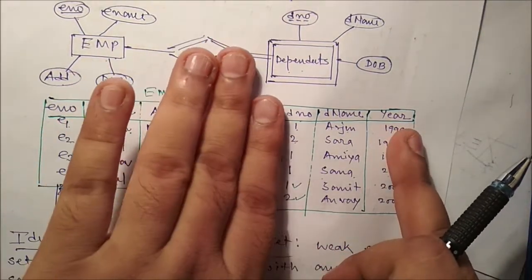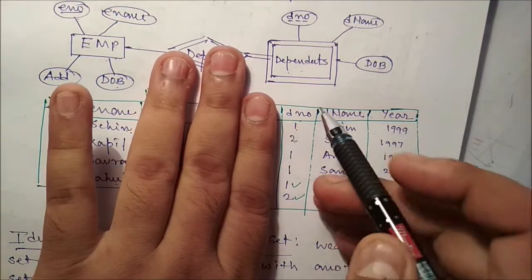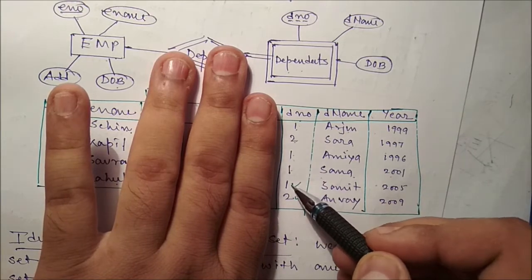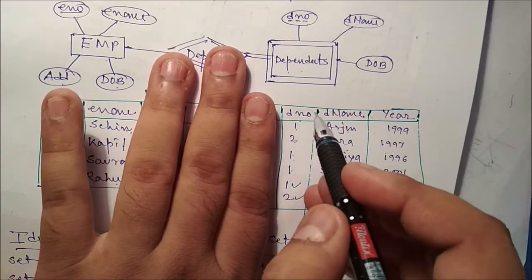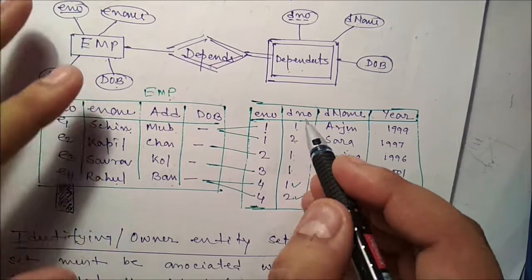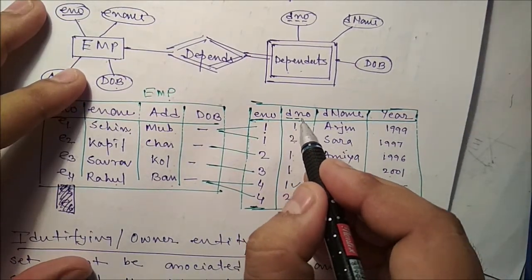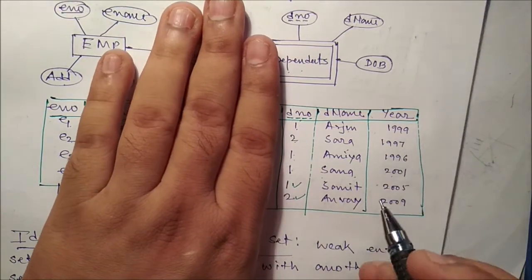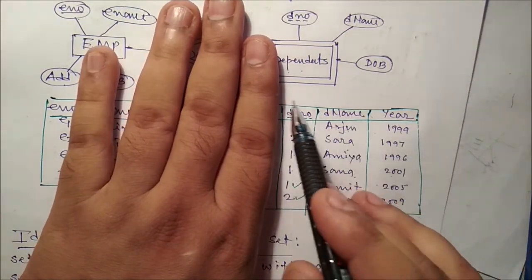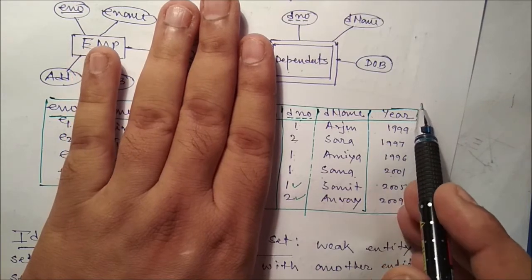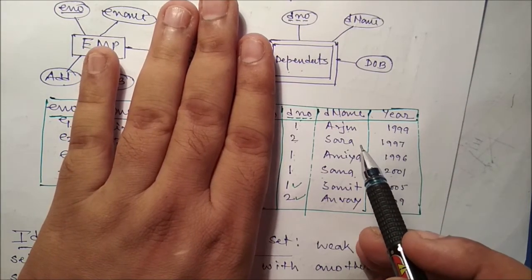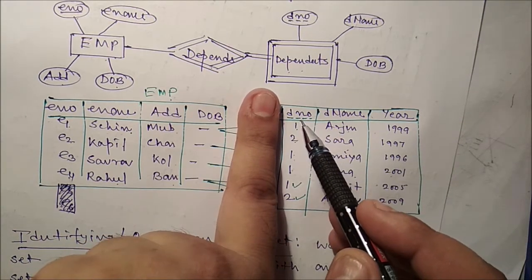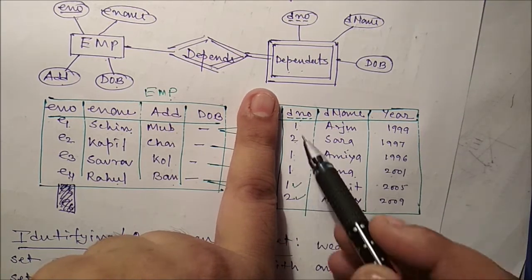Now if you look at this column, dependent number 1, 2, dependent number 1, a single child 1, 2. This is nothing but a dependent number, and it is called the partial key. Now the question is, if the employee number is not there, which one will be the primary key? Can you form a primary key in this particular table? Are you getting this? We cannot form a primary key because dependent numbers 1, 2, 1, 1 repeat across rows.